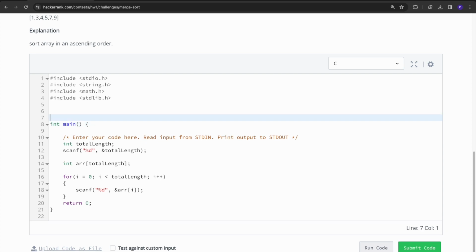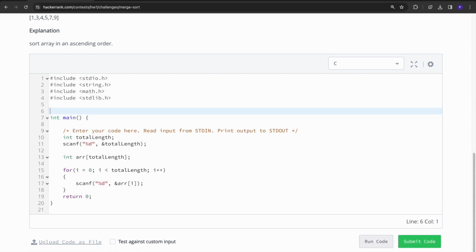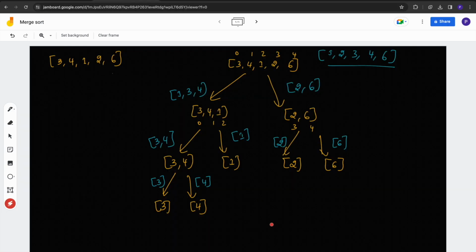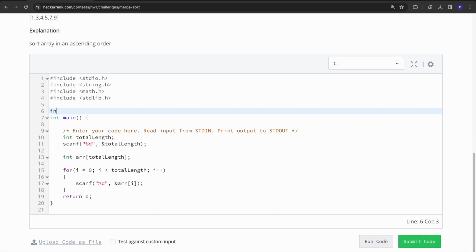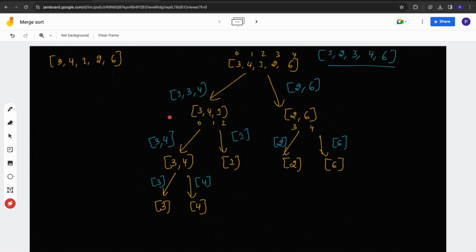So let us first try to understand how we are going to merge. I didn't explain in depth how we are merging here, so I will explain that here. So let's say we get this call merge. Basically whenever this function gets called, usually the problem is they will give two sorted arrays and we need to merge them to get a new sorted array. So this problem you might have already solved, but in this implementation we don't get the two sorted arrays,